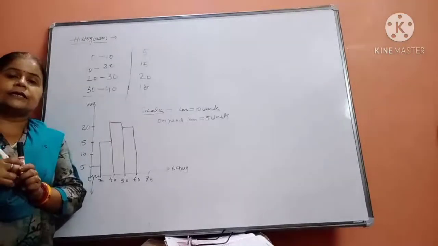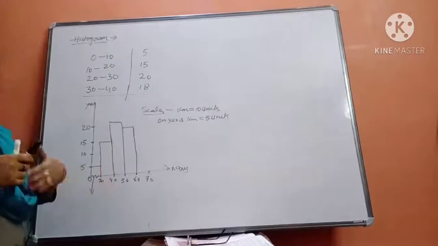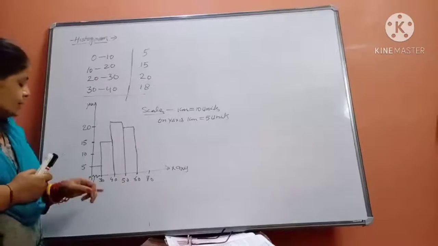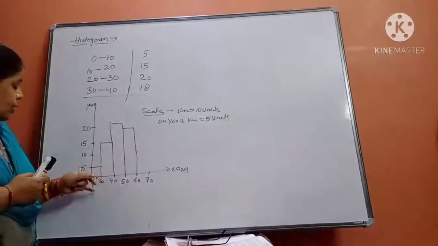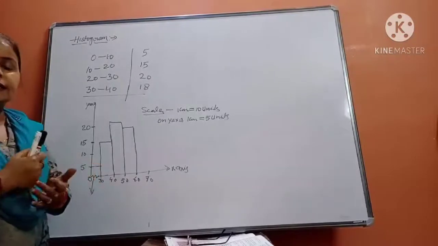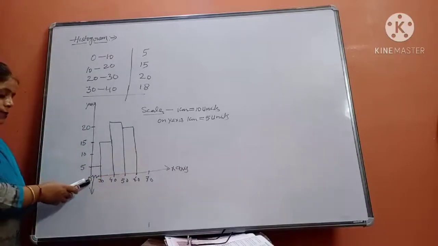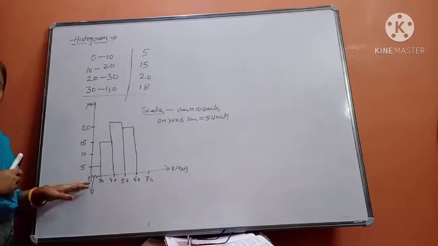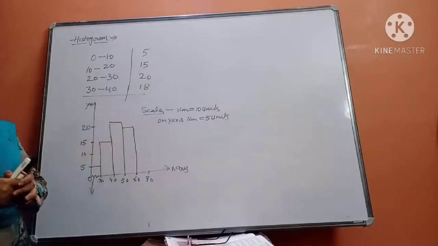It is necessary to make it if some numbers are missing and we start directly from a far number instead of 0. At that time it is necessary to make a zigzag here. What will it represent? It will represent that the numbers are not continuous. This zigzag shows that some numbers between 0 to 30 we are not showing on the x-axis. So in this way you have to represent the information.